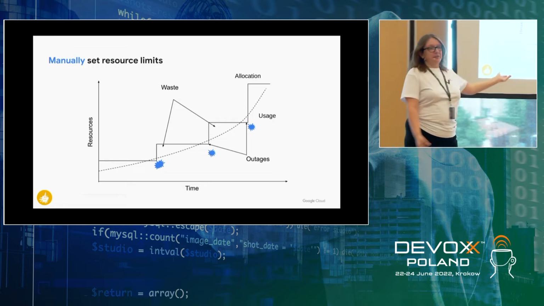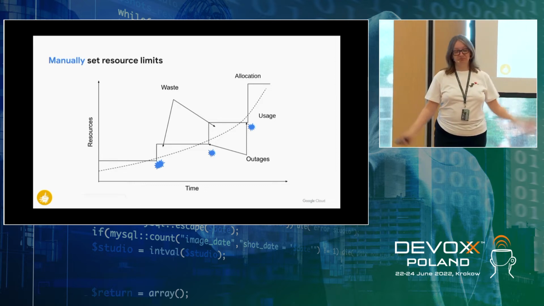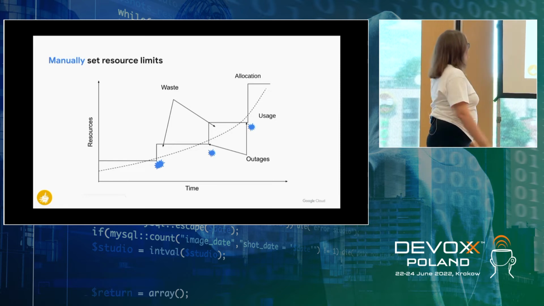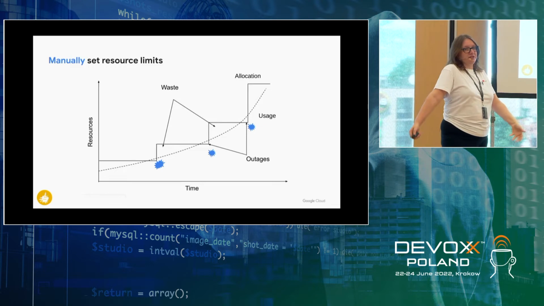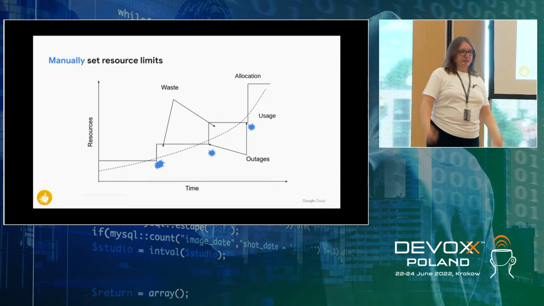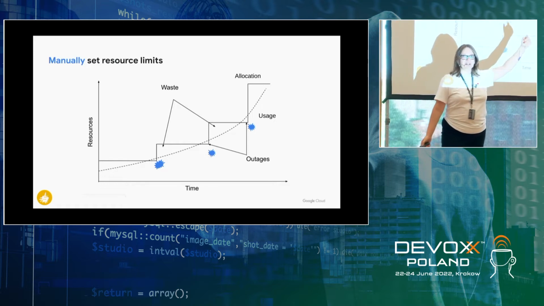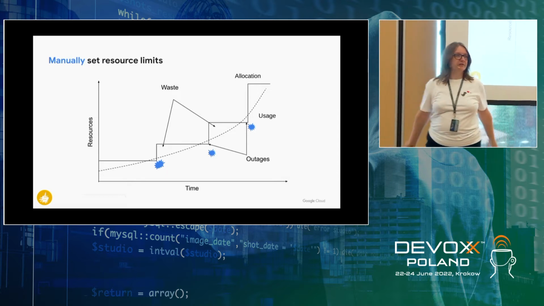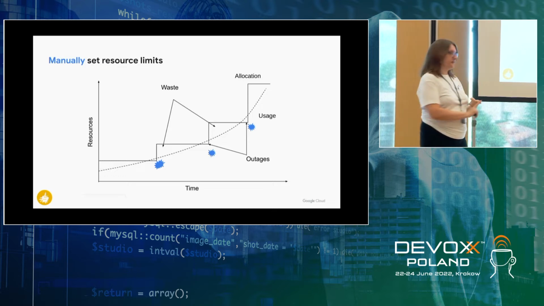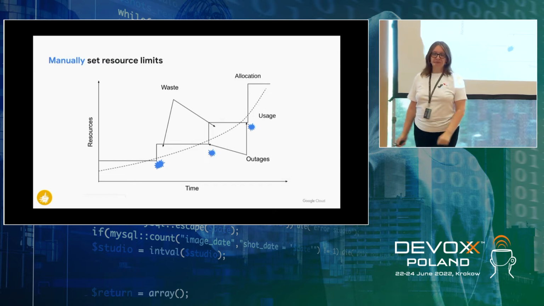So what happens? Something bad happens. Let's call it an outage. Latency increases, whatever. In particular, it can be throttled and so on. Someone notices it, comes to the computer, and says, I will just double it. So they double it, but the story repeats. With your usage, you would have to change this very often to actually not cause any outages and also not cause too much waste.